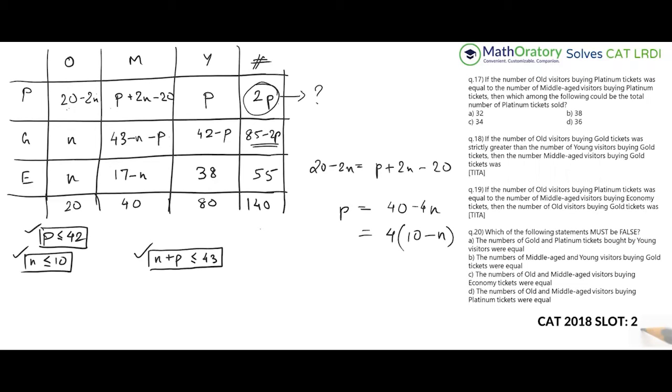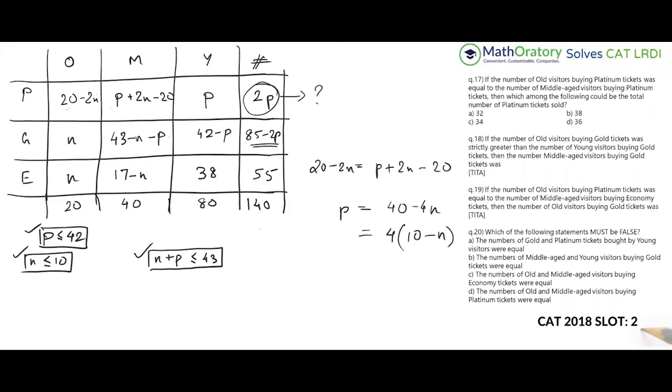So we had a couple of constraints. One is on n, another is on p. N plus p is not a factor here because we are not having a combination of n and p in the context of the question. So just look at these two constraints. First thing is n less than equal to 10. So for n less than equal to 10, any value of 10 minus n is possible, right? Even if I take n equal to 10, then this is fine, p equal to 0. So anything is possible. And p less than equal to 42, the options are all less than 42. So no problem there as well.